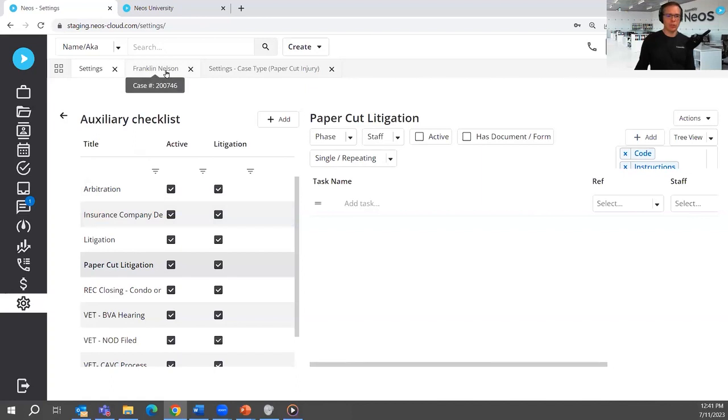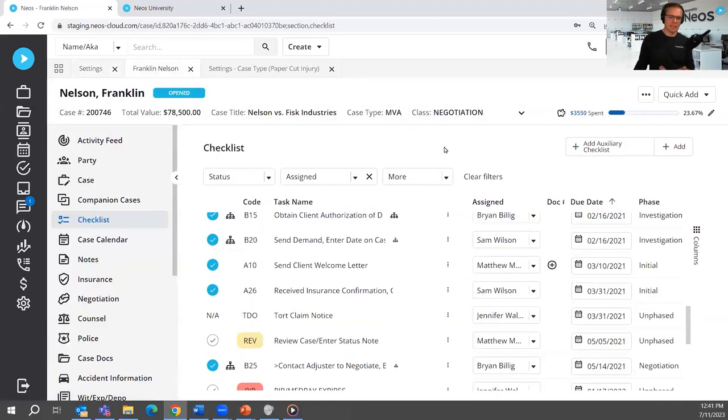So then let me go to an actual case here, and I've got this MVA case. Under the checklist tab, we have add auxiliary checklist. So if this case has been progressing and these checklist items have been progressing, but like we said, the insurance company,